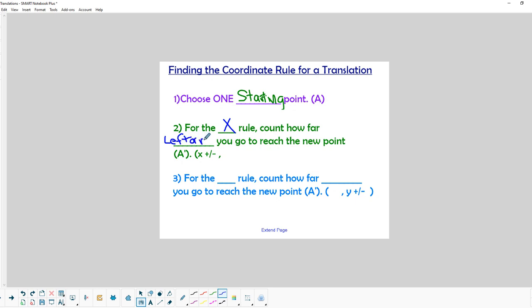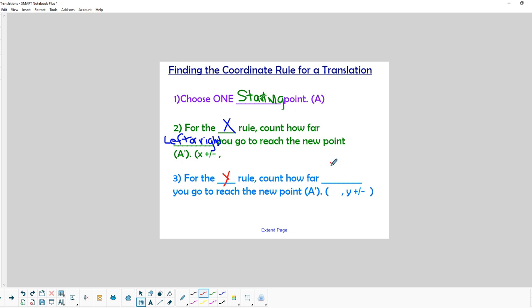So you're just going to look and see if you shift to the left or the right, and if you do, how many places you do that to help you find out what the rule is. And so you'll end up with something like A prime equals A plus 5 or A minus 5 or whatever the case may be. And then for the Y rule,